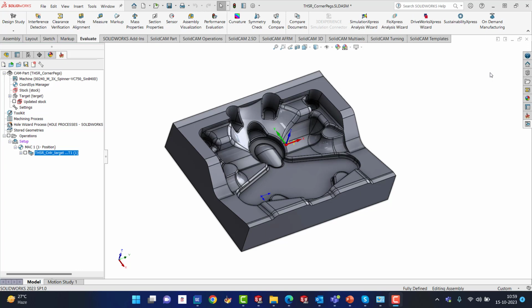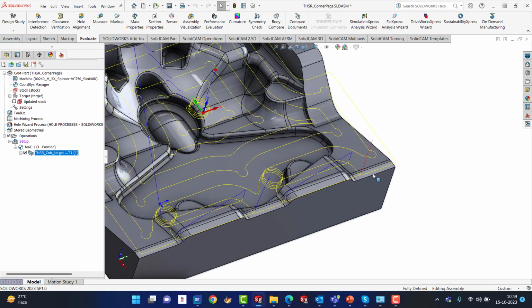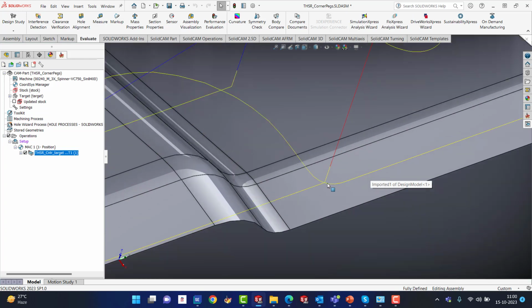In this video, we are going to see the lead out arc function for the final exit. This parameter was not available before in SolidCAM. If I look at this toolpath that has already been generated, the last exit directly exits from the material out